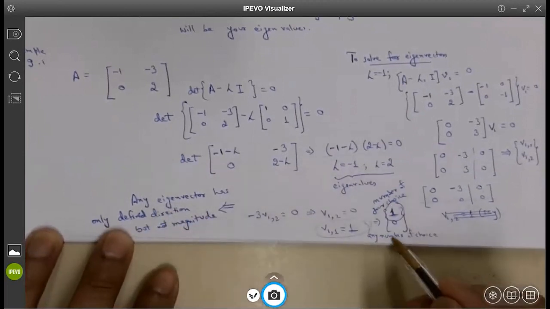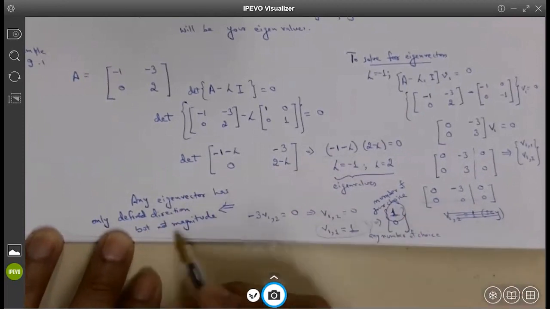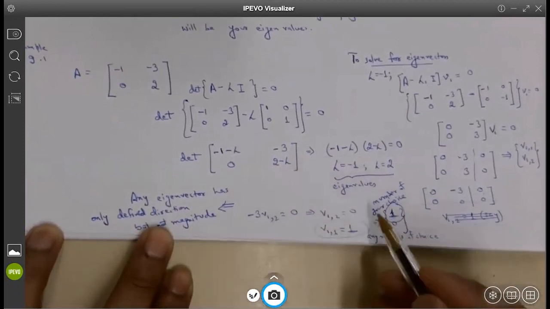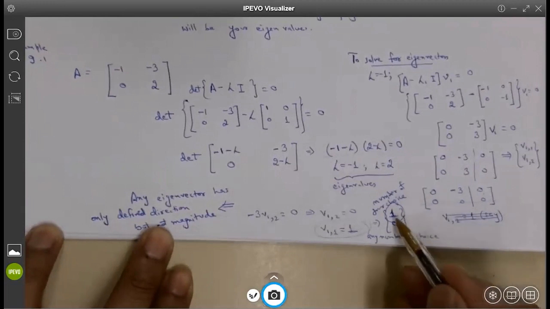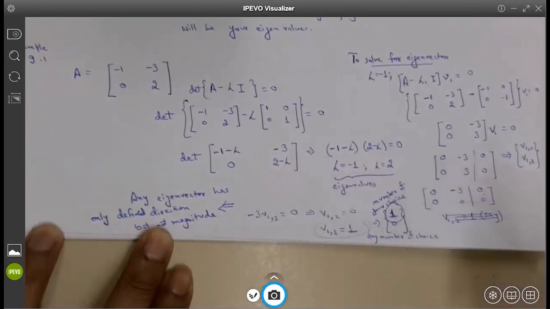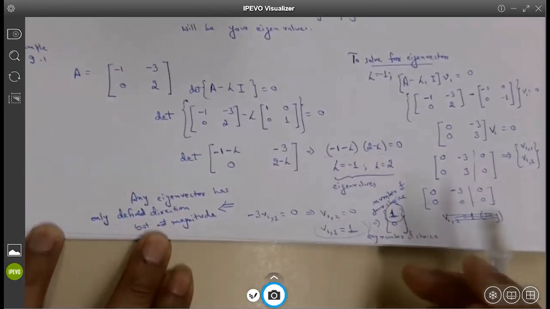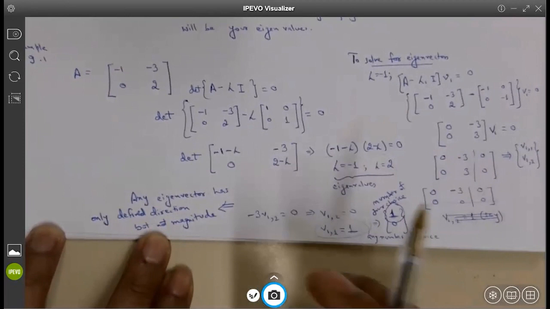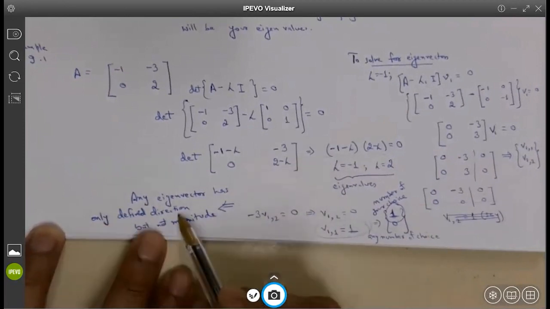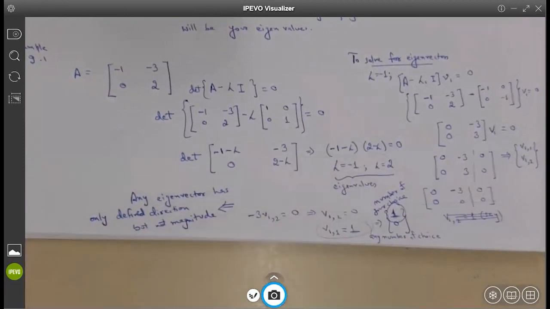That means this vector has a direction, but I am not sure about the magnitude, because if somebody says, no, I do not want to take 1, but I'm going to take 10, the magnitude will be different. Somebody says, I will take -5. You are good to take -5. That's fine. But then the magnitude will be undefined in that sense. So I can never say the magnitude of the eigenvector is defined, but the direction is defined. Is that making sense so far?